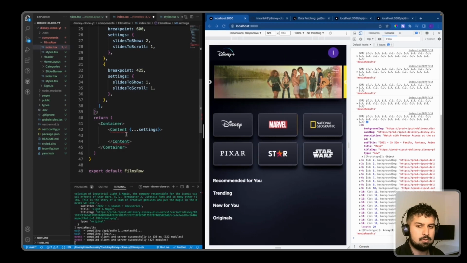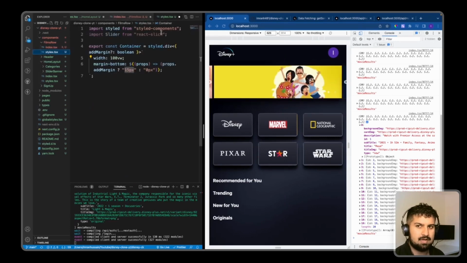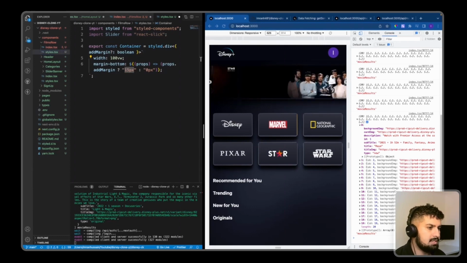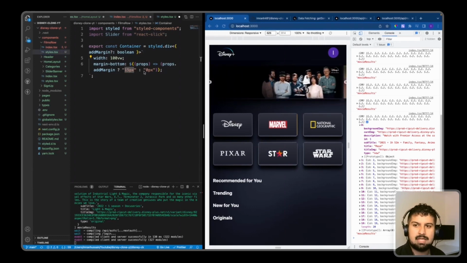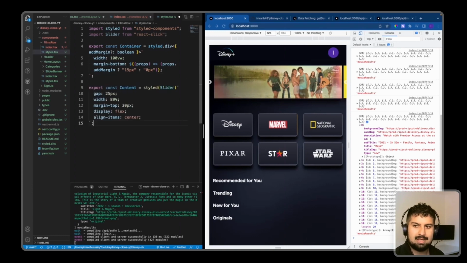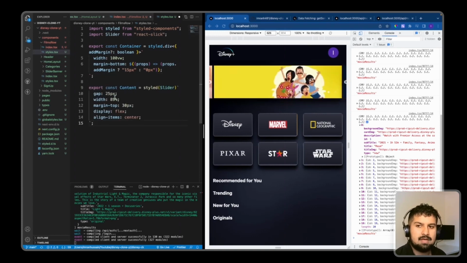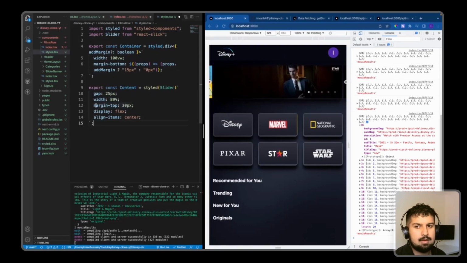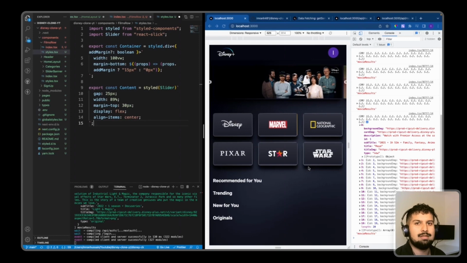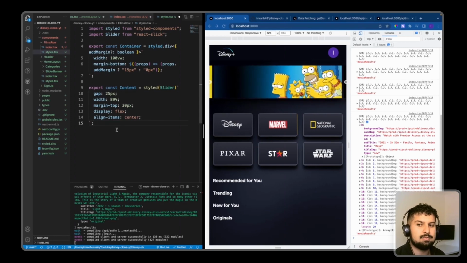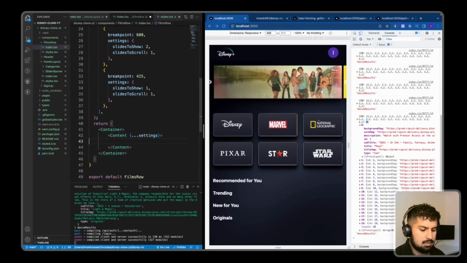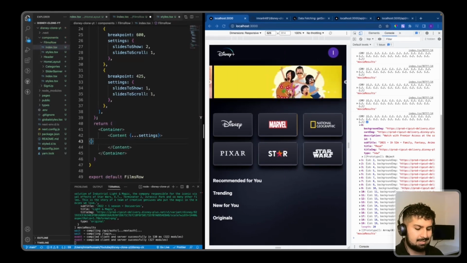We now need to get the content from the styles file. So we have already imported the slider. So the content will be styled.slider as we did with the slider banner component. And we are going to have a gap again of 25 pixels, a width of 89%, a margin top of 30 pixels, a display of flex so it's in a row, and we want to align the items centrally. So now if I import this as well, so within each slider we are going to get access to the